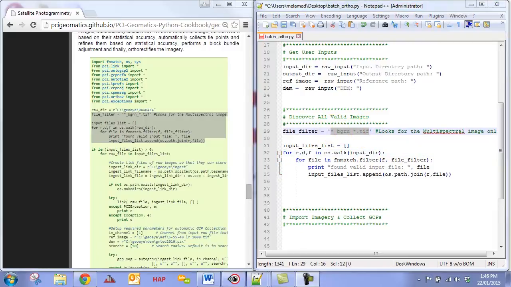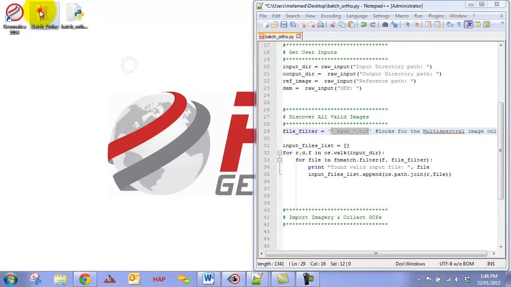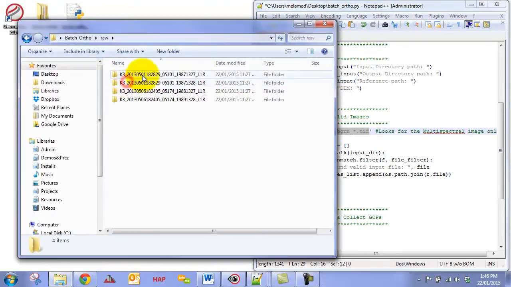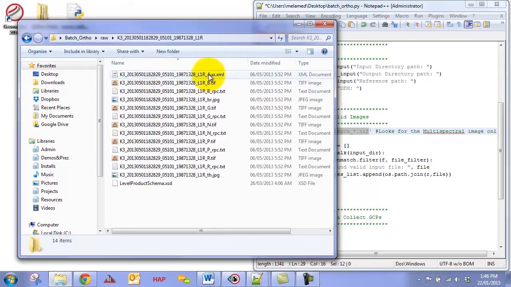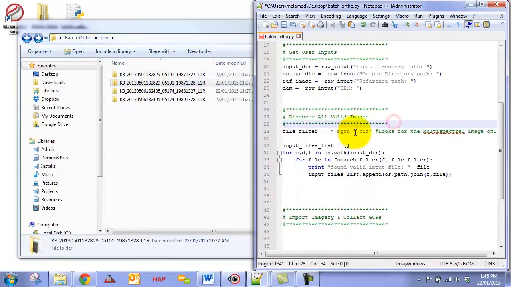To figure out what to use for our file filter, we can simply go to our input imagery, and we can see this is the file that we want to load, the .xml file, and we can see if there's any part of this file name that is different than everything else, but is also similar between all the input files. So we can see aux.xml is unique between the different files, but is the same for all of the XML files. So here we can just simply write